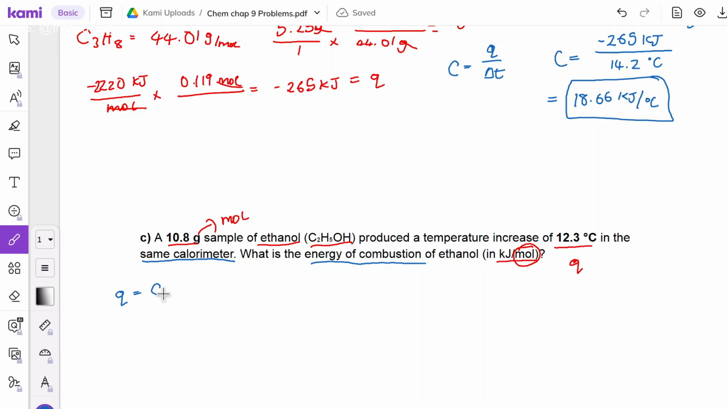So we already solved for this: the heat capacity times the change in temperature, which they gave to us right here. And to do that, it's equal to 18.66, the previous heat capacity that we found before, times 12.3 degrees Celsius. And when you multiply both of them out, it gives you the answer, which is 229.5